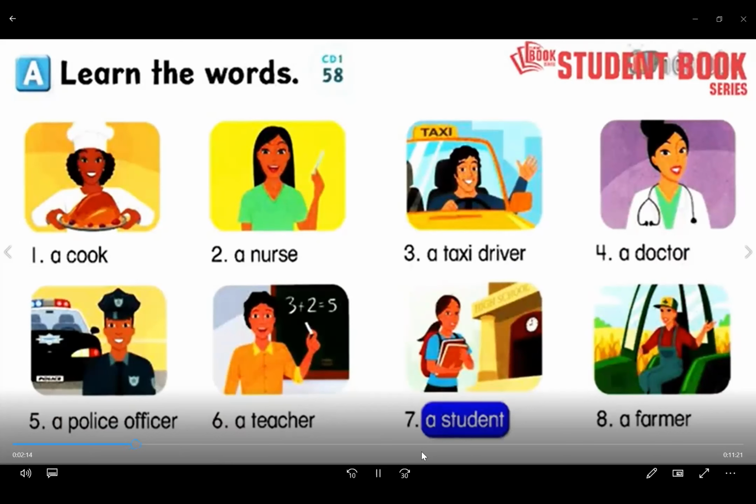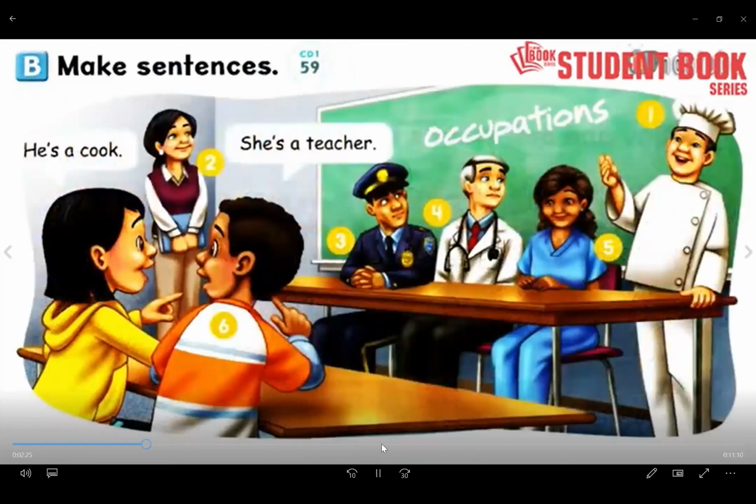Page 32. B. Make sentences. He's a cook. There's